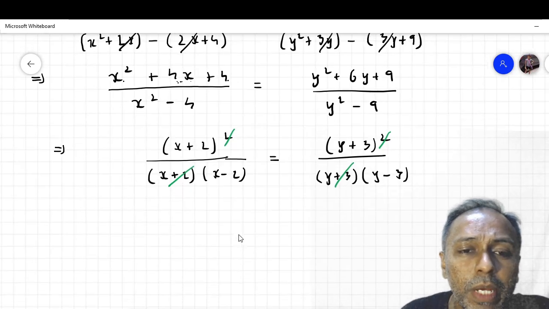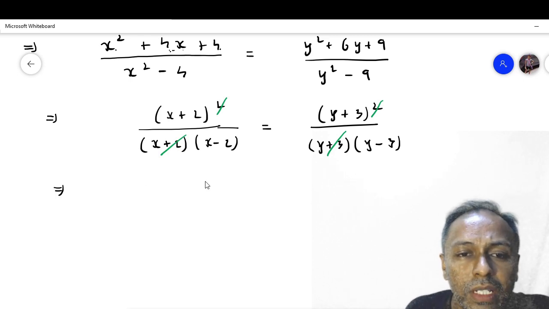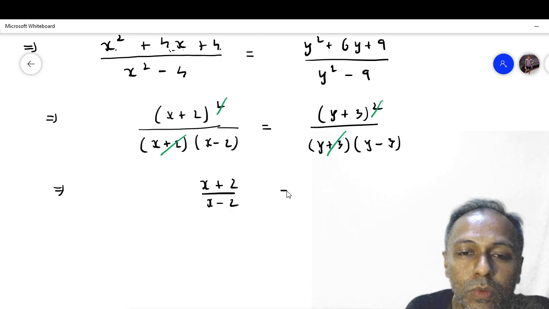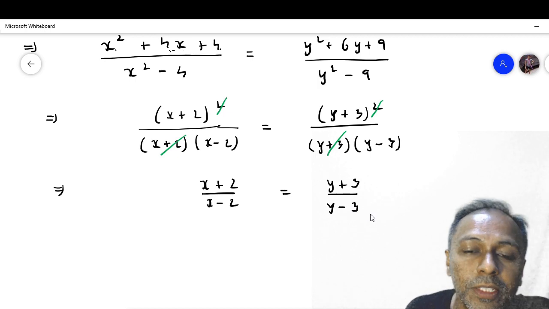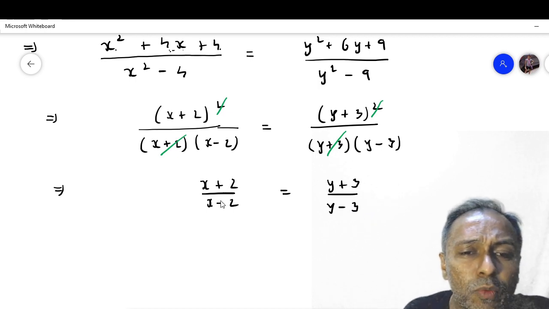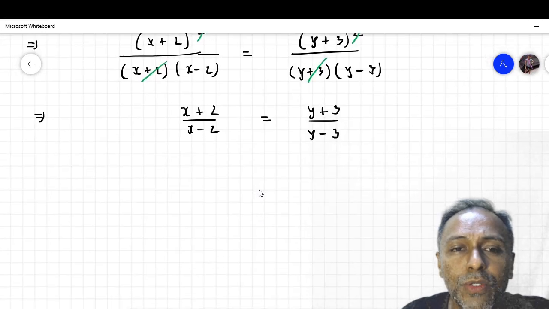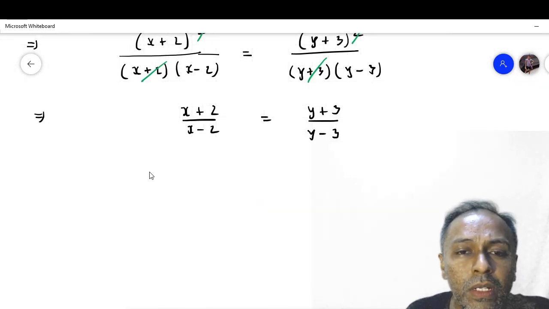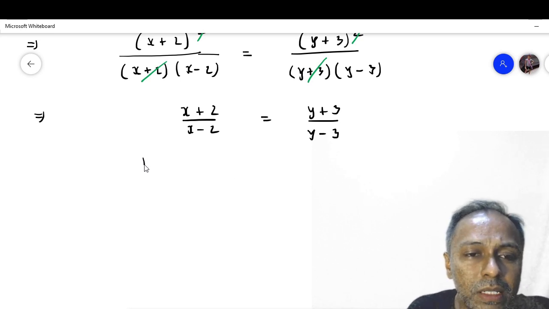Of course, x will not be minus 2, because if it is minus 2, then we can't cut 0 upon 0 term. Anyway, let us copy the leftover, which is x plus 2 upon x minus 2 is equal to y plus 3 upon y minus 3. We are now finding conjugate terms in numerator denominator, which encourages us to use componendo and dividendo. Students who will cross multiply may lose a mark as use properties as compulsory.